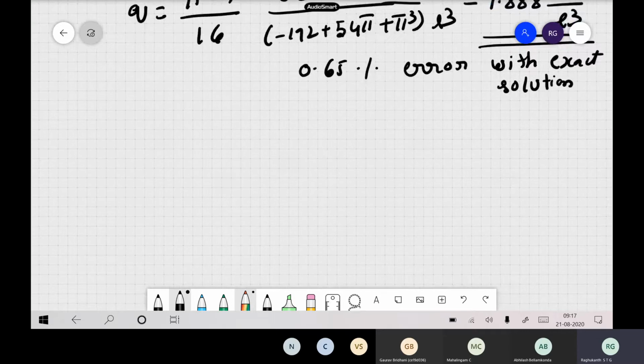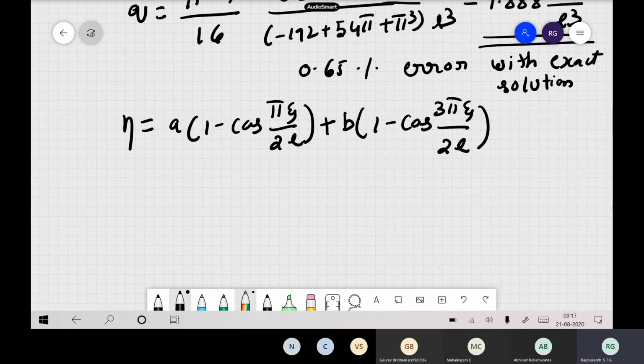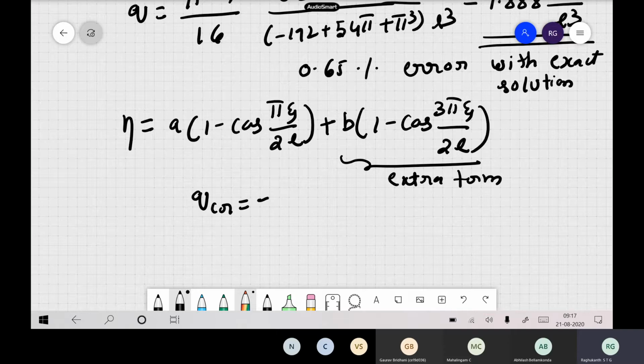Now for the same problem, if you take two functions in the Fourier series actually. Now we have written cos pi psi by 2L. Now let us say you take another component also, so another one, 3 pi psi by 2L. So we have added one more extra term, and then you solve the same problem, from centroid and all those things if you assume. So now in this problem, if you do all those mathematical calculations, your Q critical turns out to be 7.888 EI by L cube itself, if you add the extra term also.